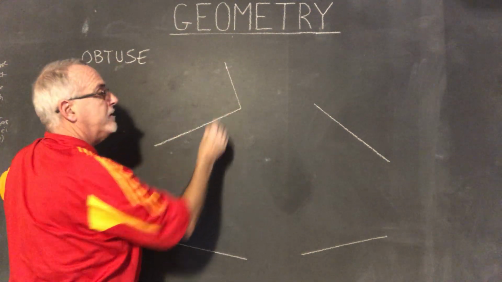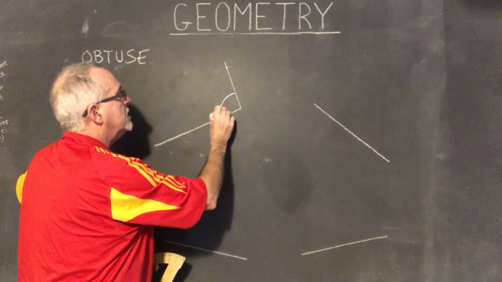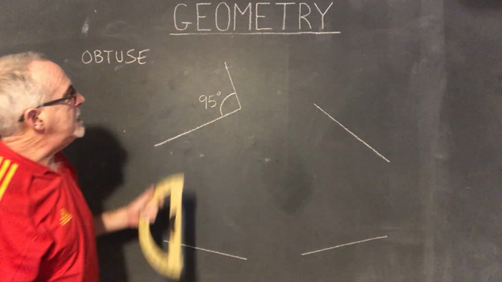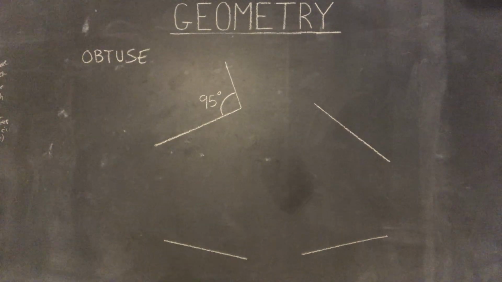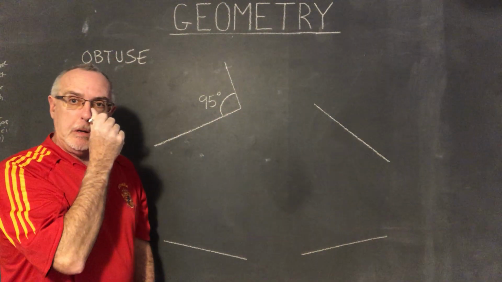And I have a 95 degree angle. I can't use a little square for that. That's only for 90. So I draw an arc at 95 degrees. I did it. By eye, you should be able to tell, I'm going to try and stand where you are and look at it. Yes, by eye, you should be able to tell that that's bigger than 90 degrees, but it's only